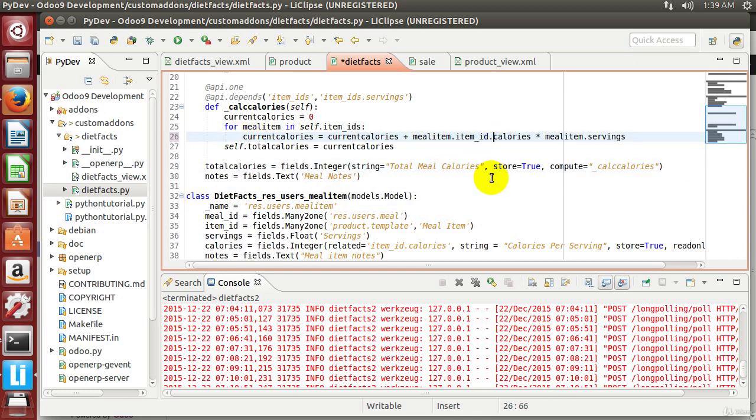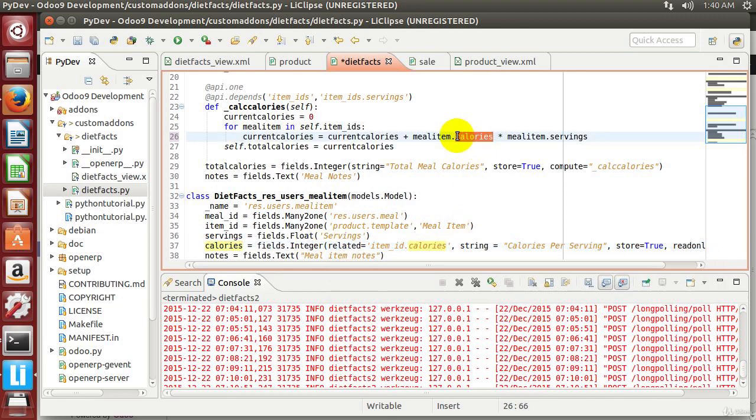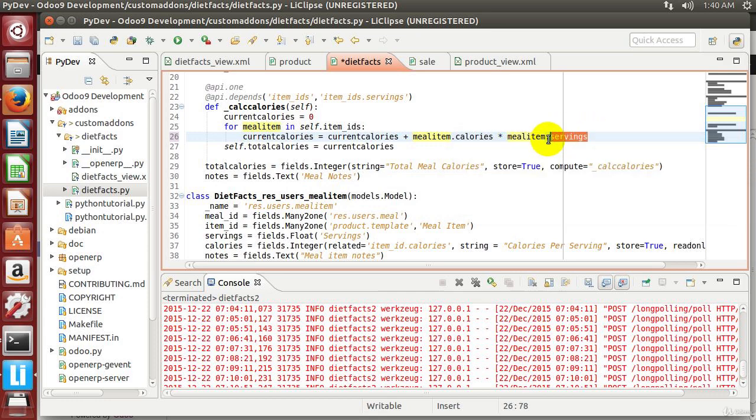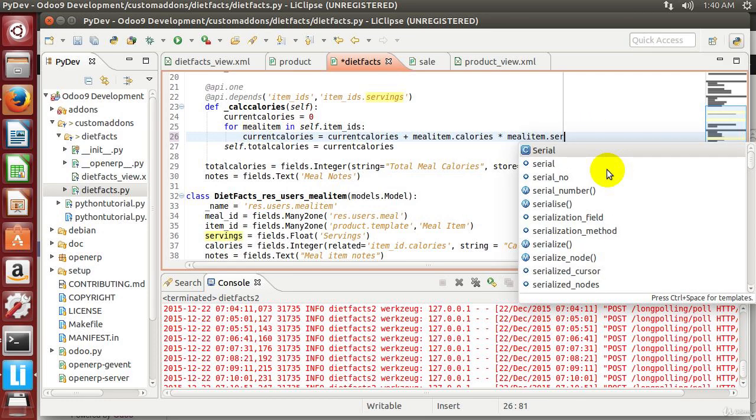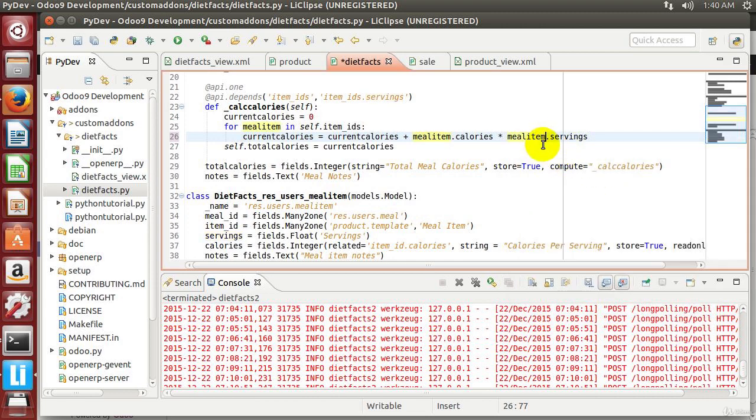And that reminds me that we probably could simplify this to calories because we've already got calories here coming from the related field. So we were drilling down into item ID and then getting the calories, but we really don't need to go to item ID to get the calories. We already have them in the menu item. And let's see if I type that out, if it can find it. It can. So it's servings from menu item, from meal item. So meal item is going to come here to get the servings, and we're going to multiply that by the